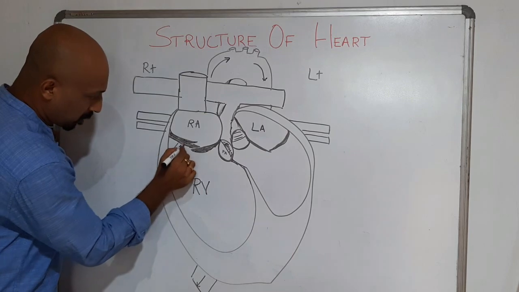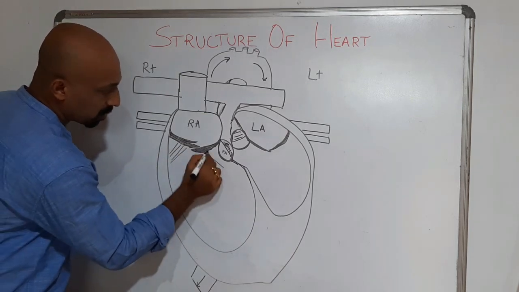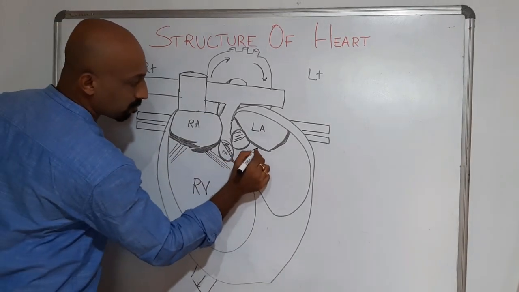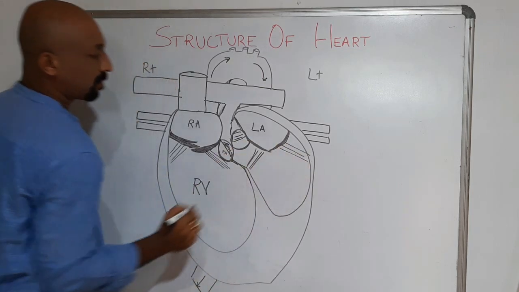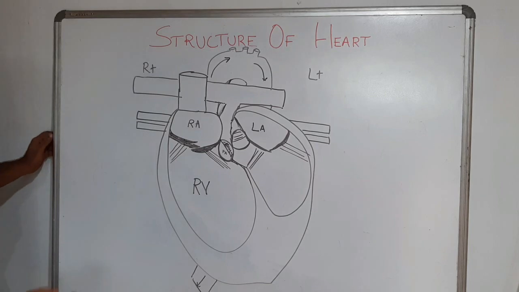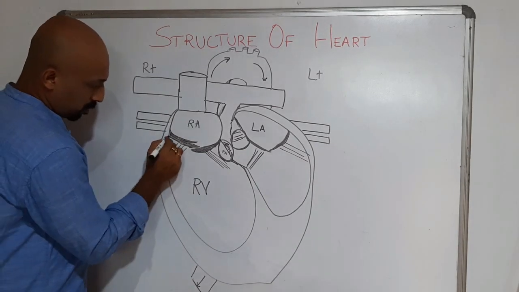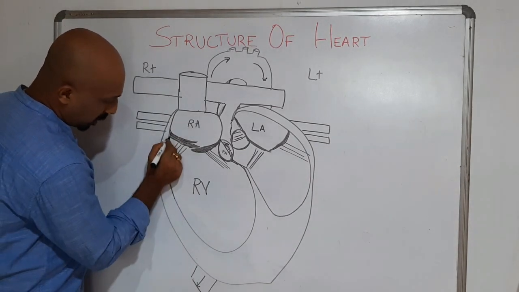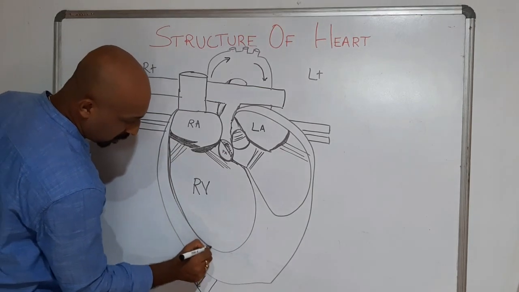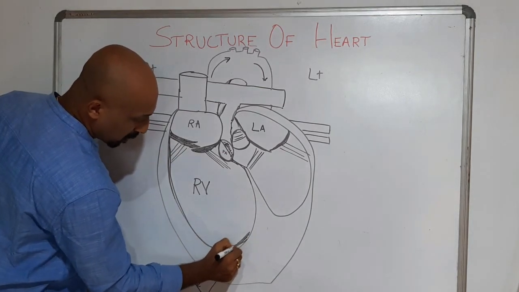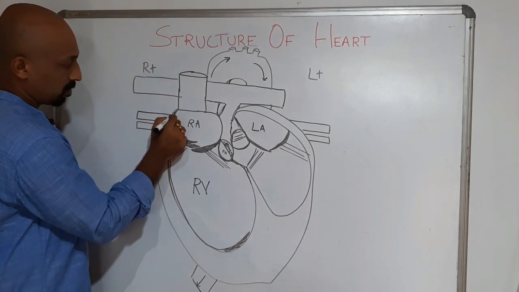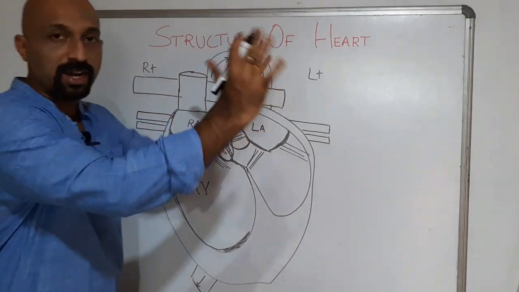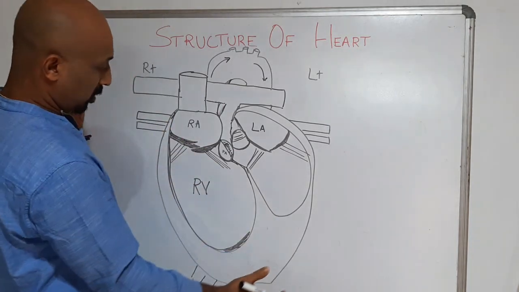So I just put a rubber band like the structures here. In order to make it look thick in layers, I make it very thick. Okay. So this is the outline structure of a heart. This finishes the whole structure.